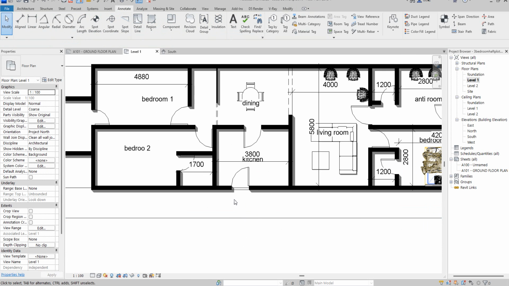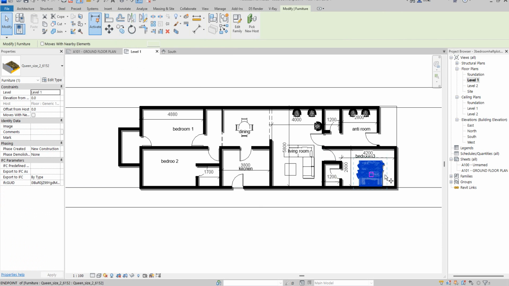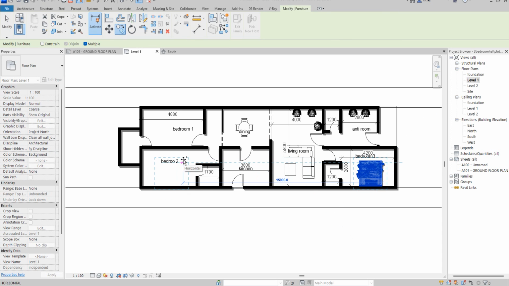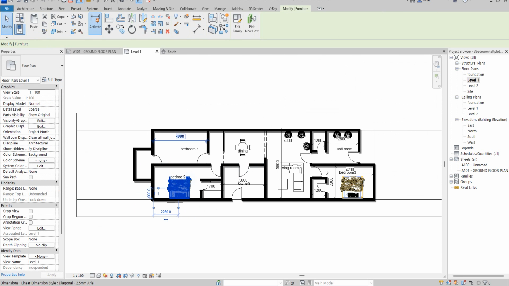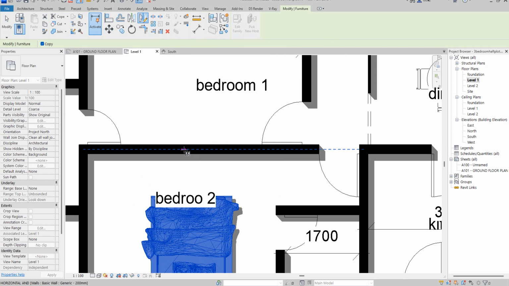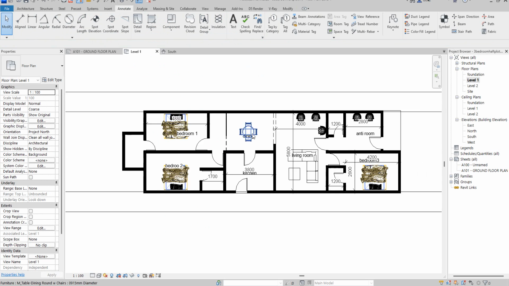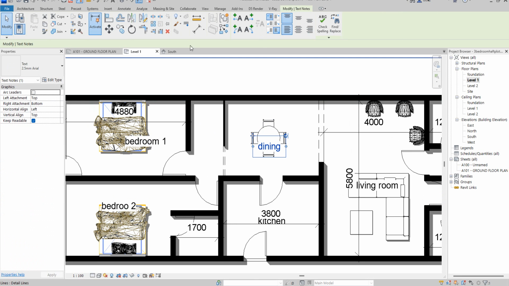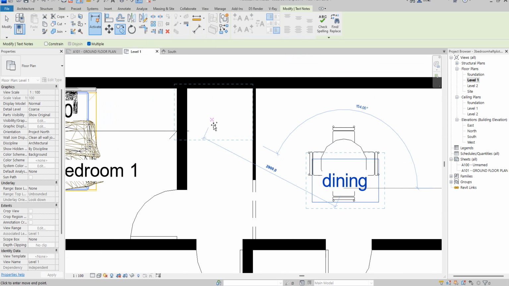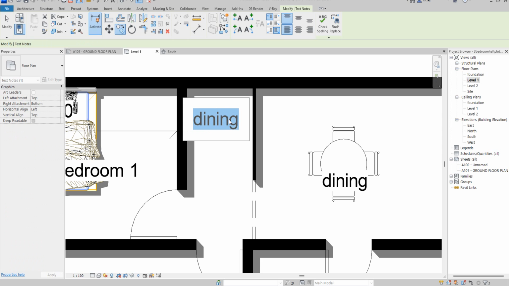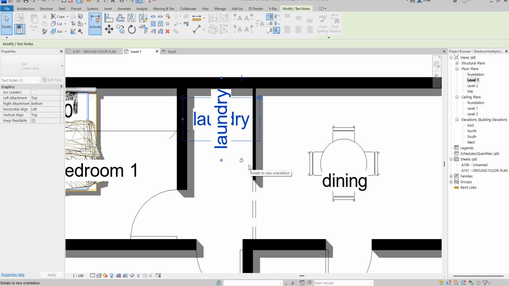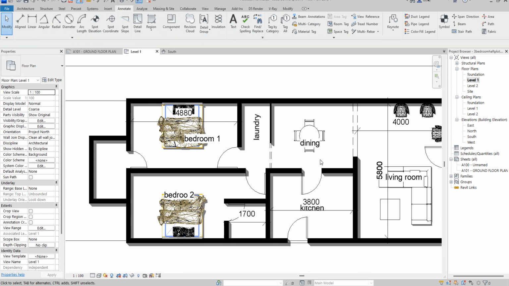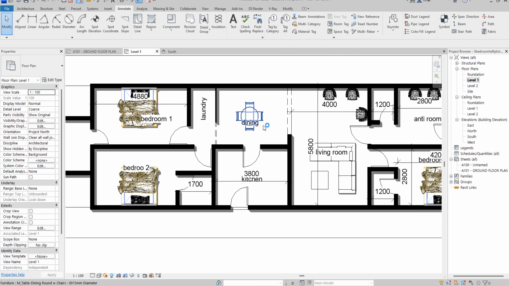So as I've done with this one, now what else? I need to copy this bed. So just say copy, then push it here. Okay, and just mirror this bed again. Fine. So everything is entered. So now, like I said, you copy this and use it to label it and call it laundry. Okay, you can rotate it so that you accommodate that. It depends on you. If you feel like it, you can reduce the letter and duplicate that. So I'm going to change it. I don't like the way these letters are